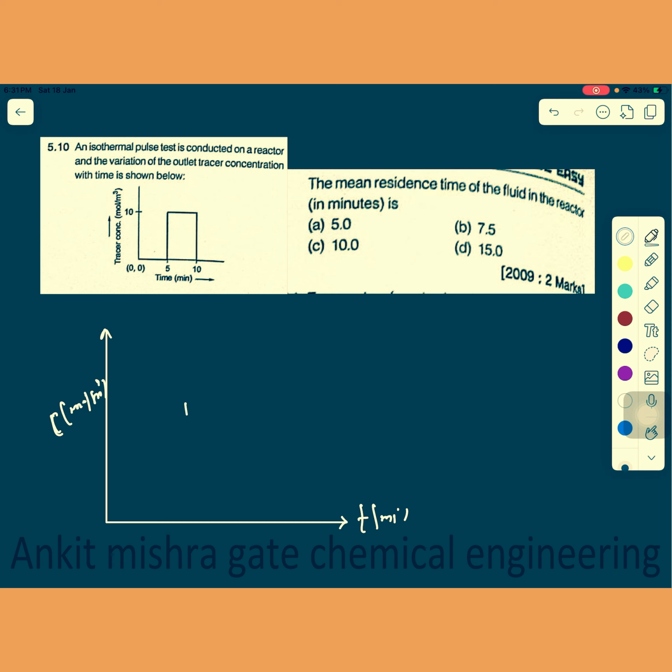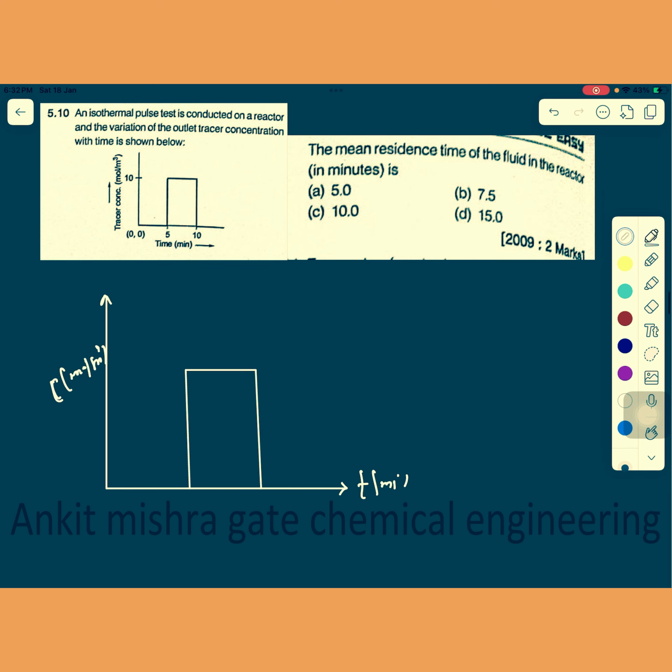So this tracer experiment shows this curve, something like that. Here this one is 0, this one is 5, this one is 10. On the x-axis there is time in minute, and on the y-axis concentration in mole per meter cube. You are supposed to calculate the mean residence time. When we talk about mean residence time, that is equal to the integral from 0 to infinity of t times C(t) dt divided by